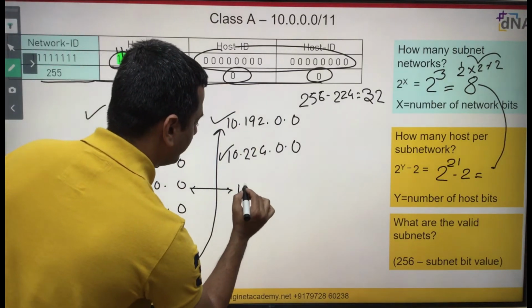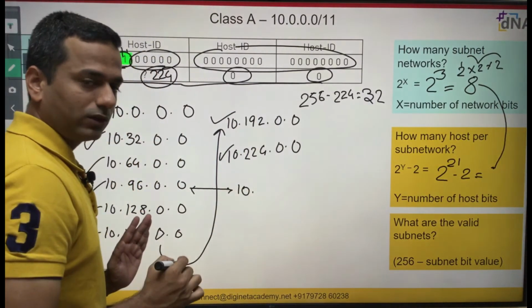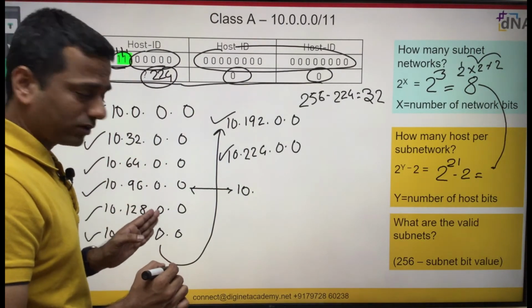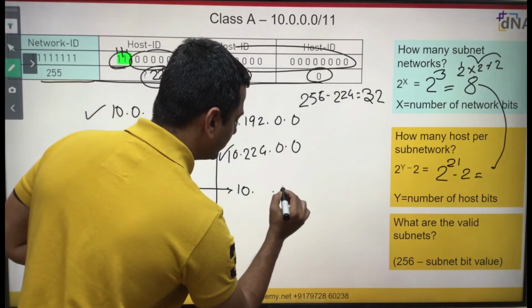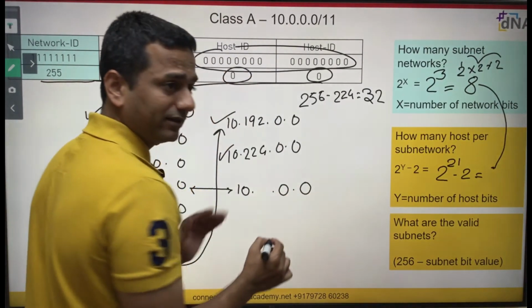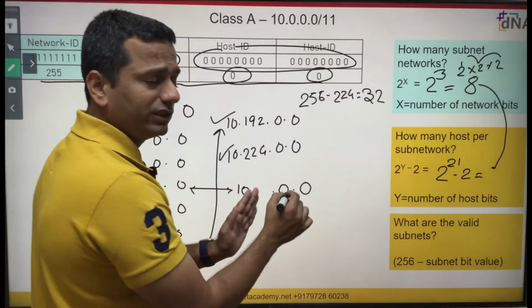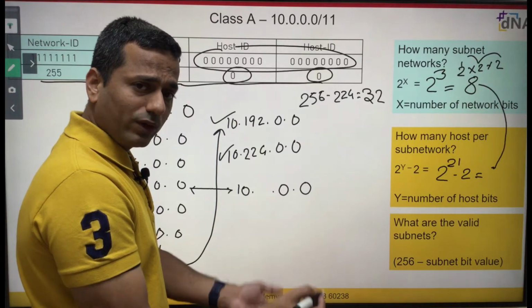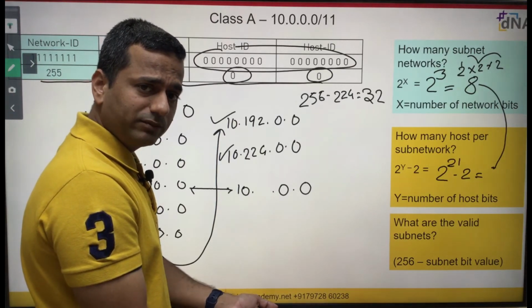First octet is my major network. Just note it down. Second octet, I have borrowed some bits from the second octet. Leave it. Third octet is my purely host portion. Fourth octet is my purely host portion. Right? When the host portion is set to 0, it means network ID. When all bits are set to 1, it means broadcast ID.